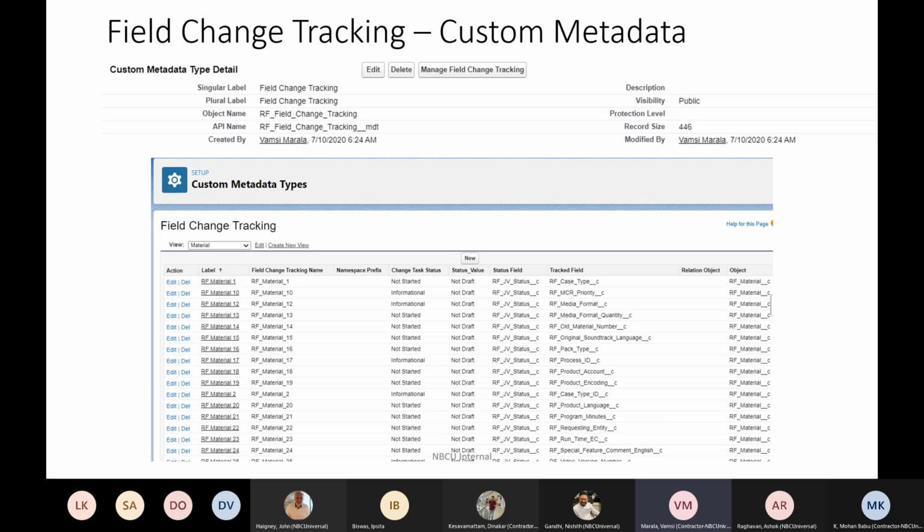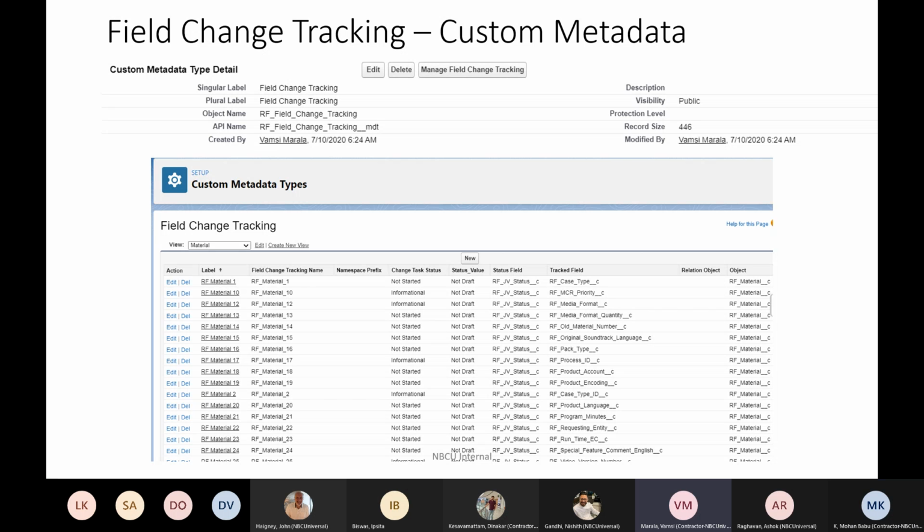And when they are tracking, the field is just for information, or the field is for approval from the JV or something. And what is the status field to be updated when it is going to change, what is the field to be tracked, and the object. This change task is a dynamic functionality which we implemented, and this change tracking can be used for any of the objects in our org.